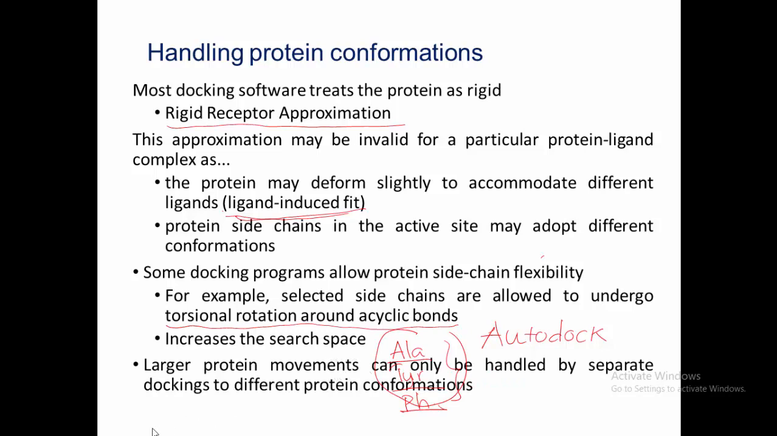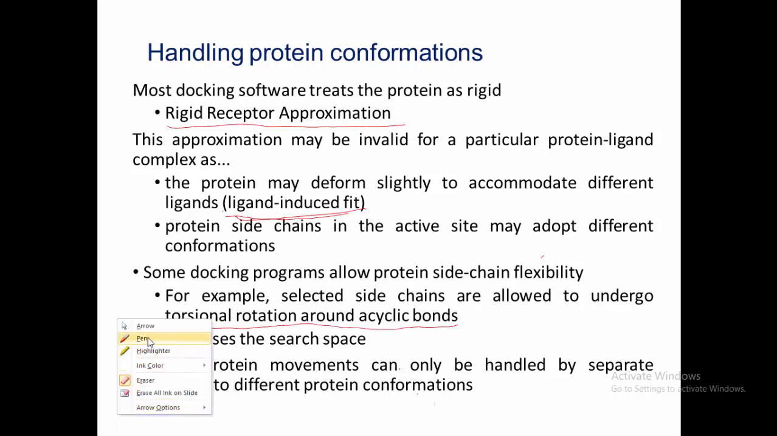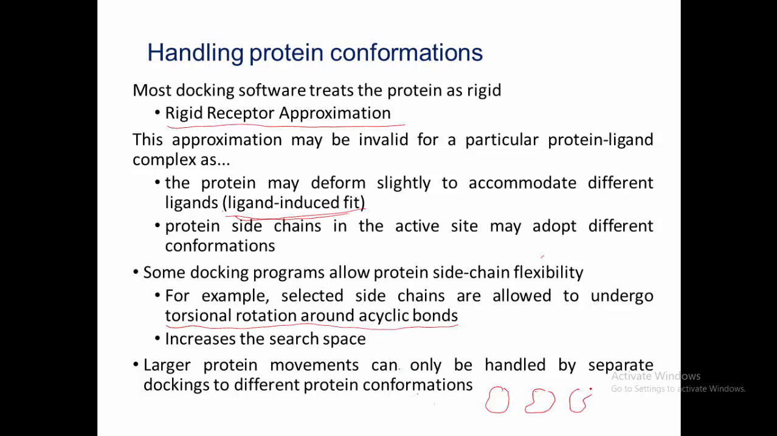Large protein movement can only be handled by separate dockings to different protein conformations. So here, it's just by generating different conformations. For example, if you have this protein number 1, you can generate another protein with another conformation, and another, and the same protein you can generate different conformations. Then, if this is your compound, you can dock your compound here, then here, then here, then here, in order to